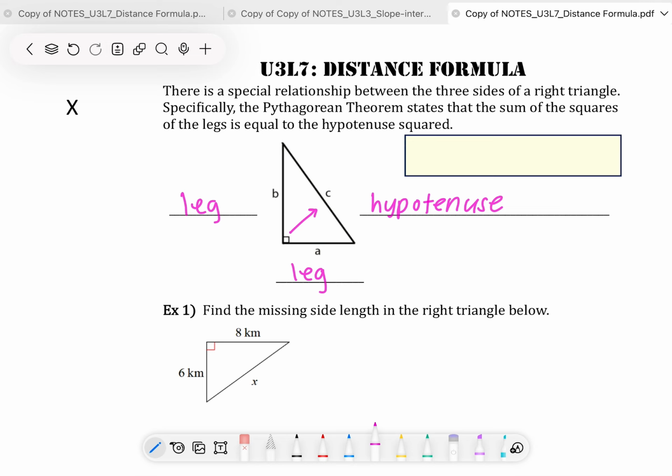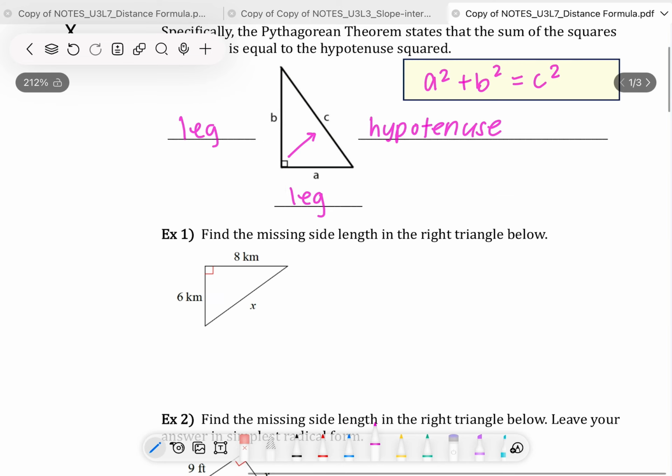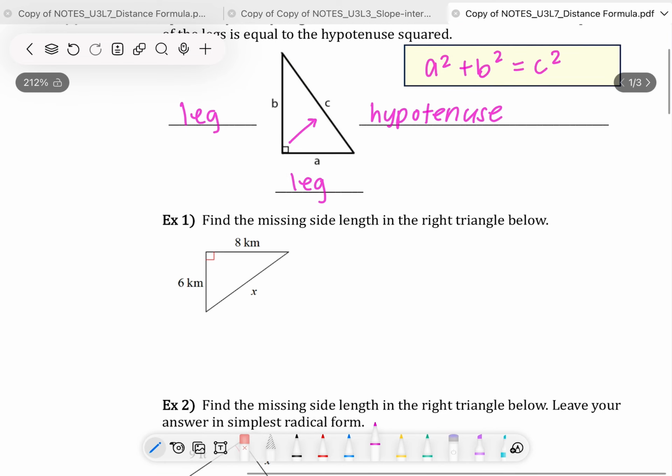And what is true about A, B, and C, when A and B are legs and C is the hypotenuse, is that A squared plus B squared is equal to C squared. And so knowing that, if you know any two of those lengths, you can find the remaining third one. All right, so for example 1, it says find the missing side length in the right triangle